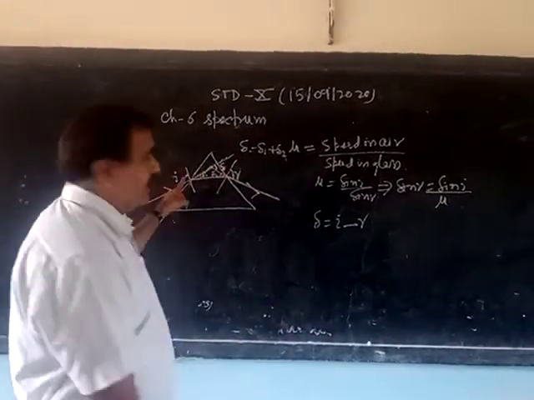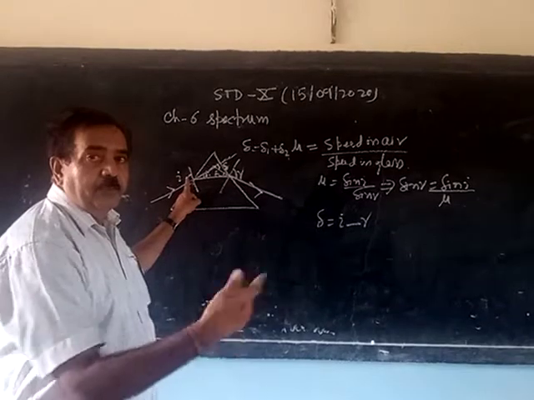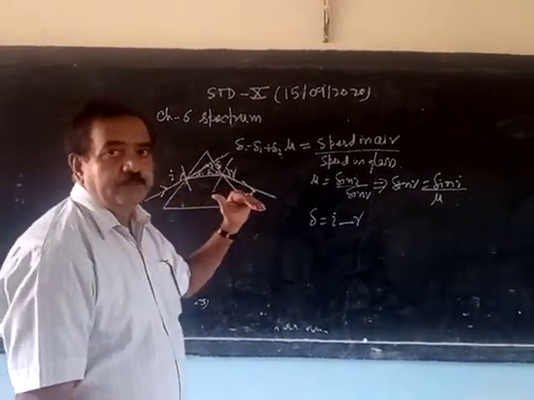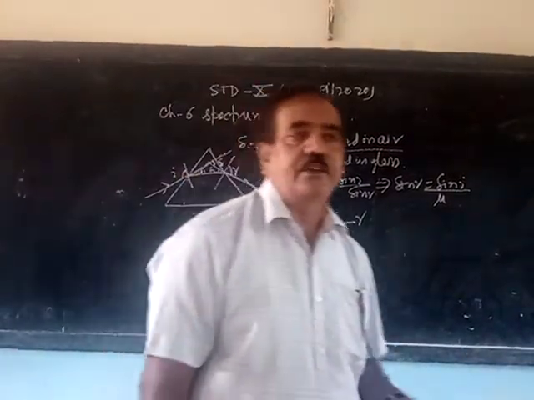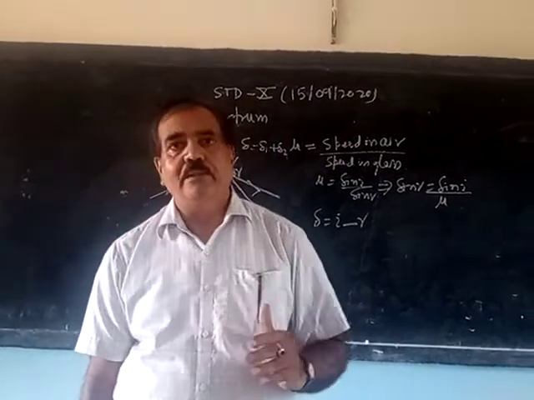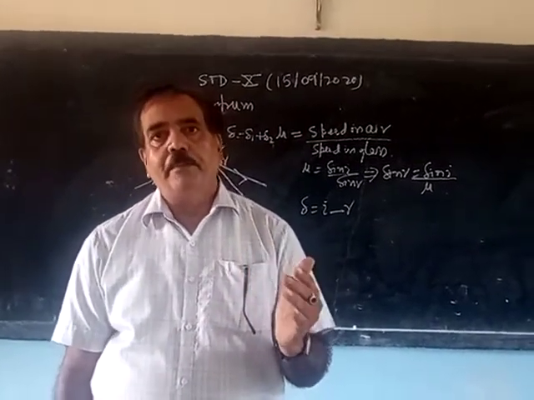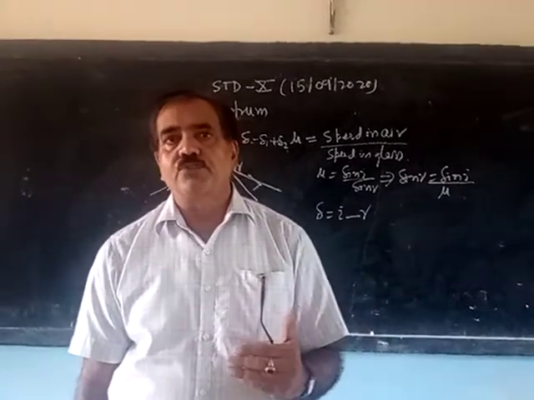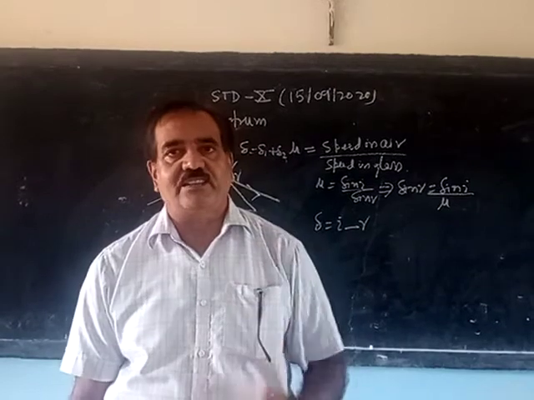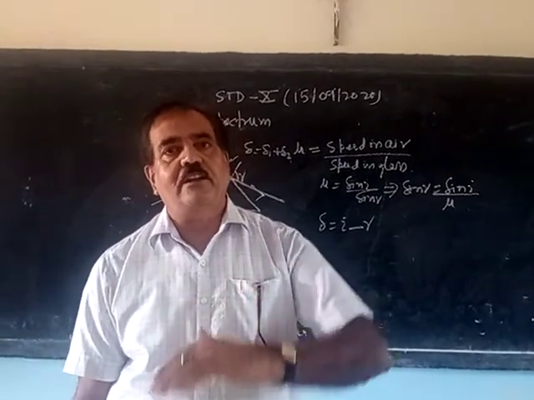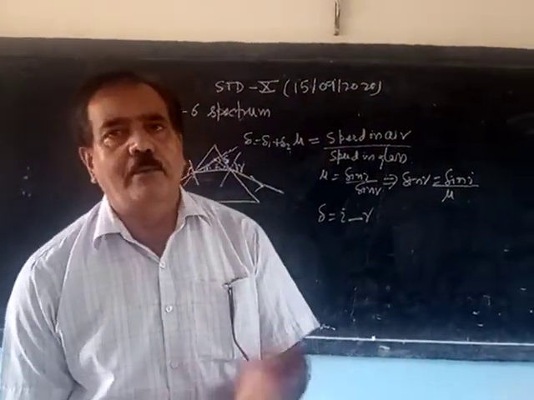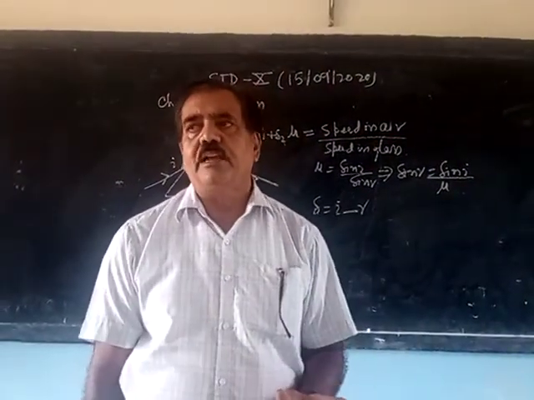Second, the angle of incidence, at what angle the ray of light strikes on the face of the prism. Okay? And third factor, refractive index. The refractive index depends upon the wavelength. Wavelength and refractive index are inversely proportional to each other. So when the wavelength is more, the refractive index will be less, or when the wavelength is less, the refractive index will be more. So you can say the refractive index of a color or wavelength of the light.